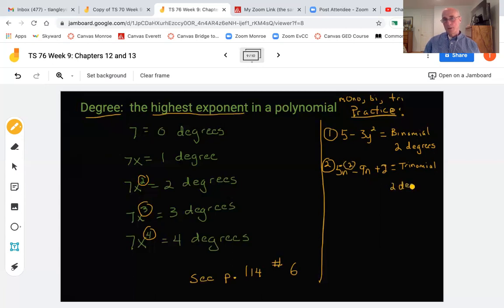All right, let's look at another one. Number 3 here. If I have this right here, 4. First of all, is it a polynomial? Well, by definition, a polynomial can be just a term or adding terms together. Is it a monomial, binomial, tri? You're probably knowing that it's a monomial. It's mono. And to what degree is it? It's 0 degrees. Why did I say 0? Because there's no exponent.